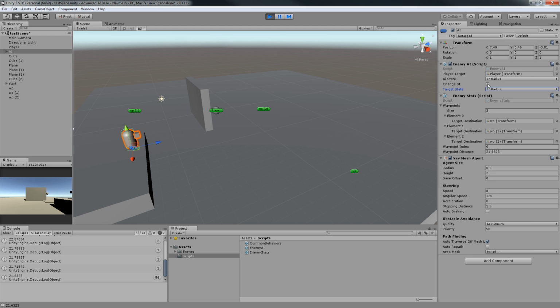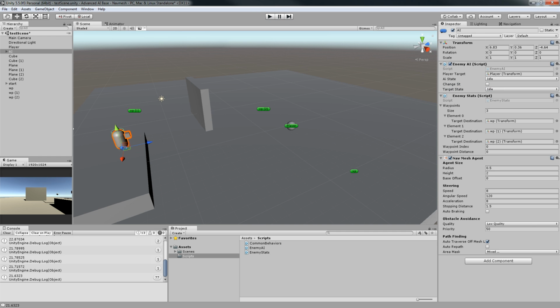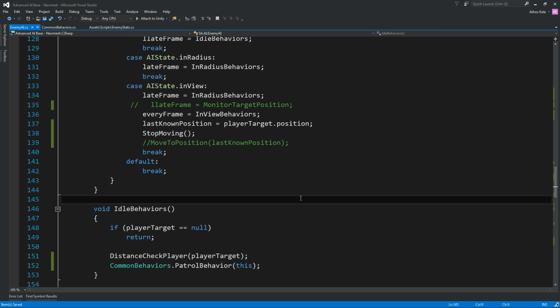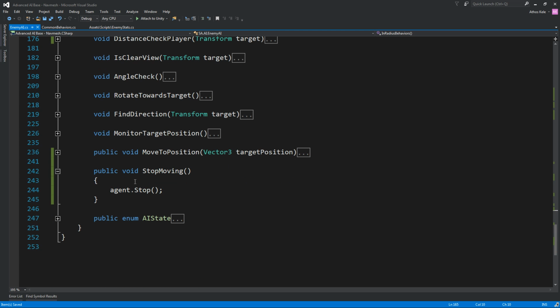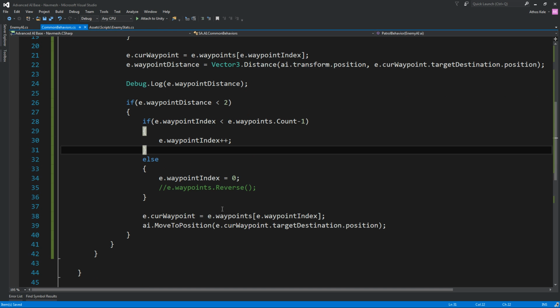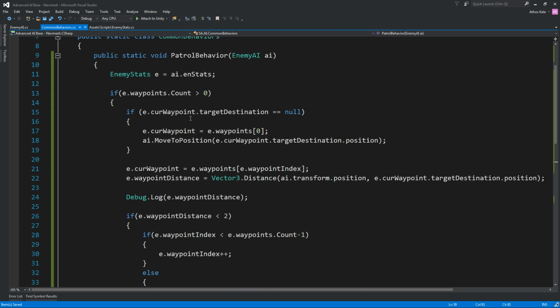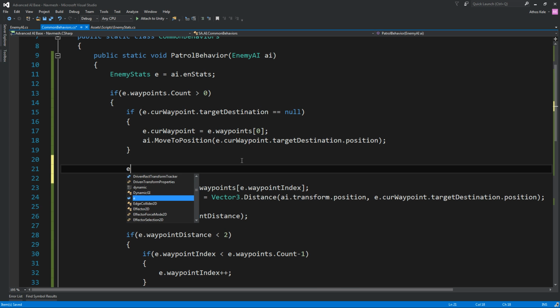I think because in Radius we do not run it. But yeah, because this one has stopped the agent, but over here we have only precise cases where we actually reuse the moved position. So what we can do is simply say AI agent resume,